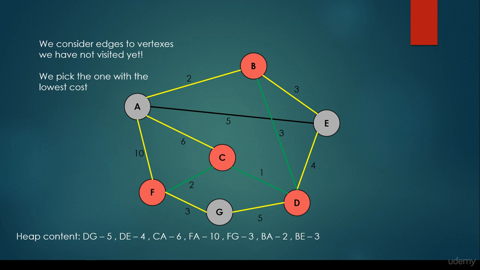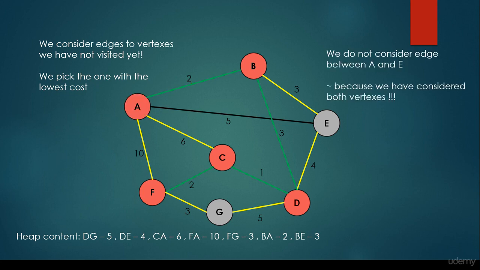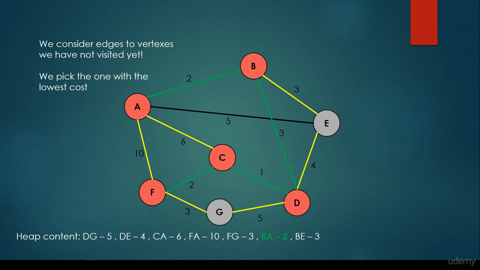So we select the minimum one, which is basically the BA with the edge weight 2. So we have to visit all the neighbor vertices for the vertex A, but we have already considered F, C, and B. The single vertex we haven't considered so far from vertex A is the vertex E. So that's why we add it to the heap. The edge weight is 5.